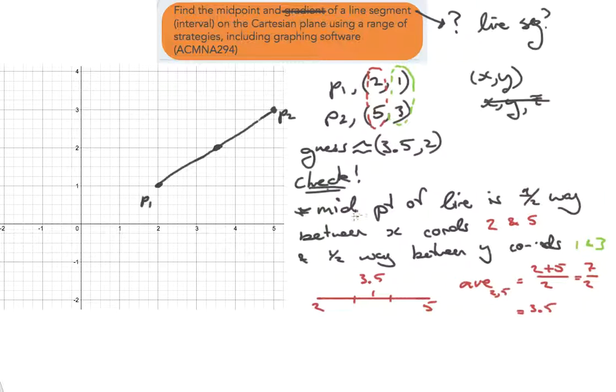Then the midpoint of a line, and now we're halfway between the y coordinates, so 1 and 3: 1, 2, 3. We're going to be at 2, aren't we? Again, let's check that. The average of 1 and 3 equals 1 plus 3 over 2 equals 4 over 2 equals 2. So we know that our coordinates,